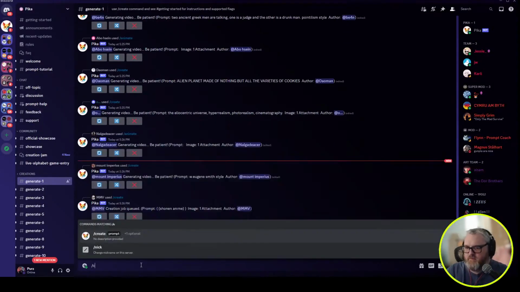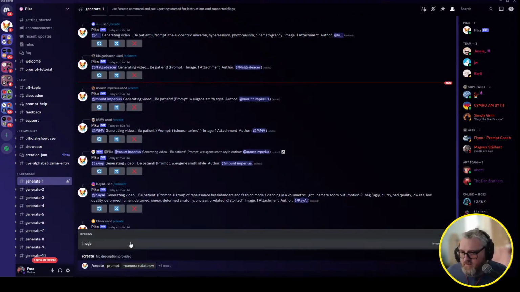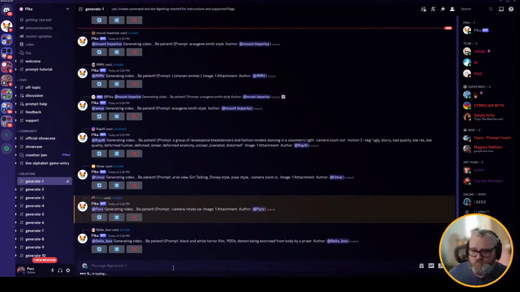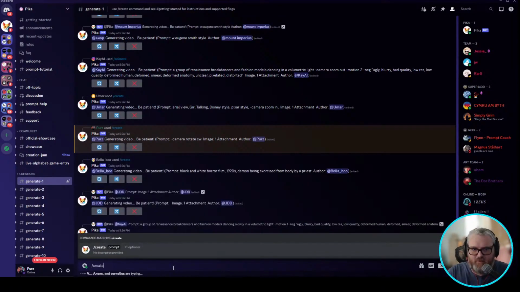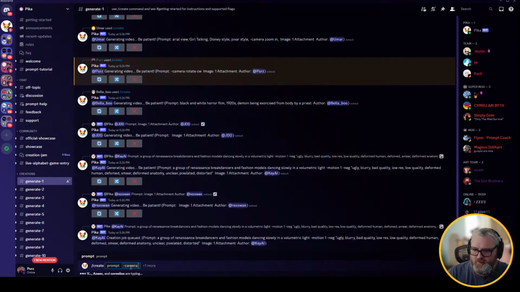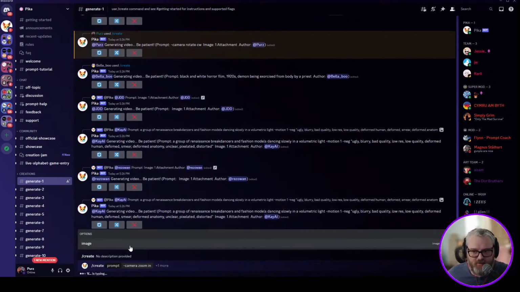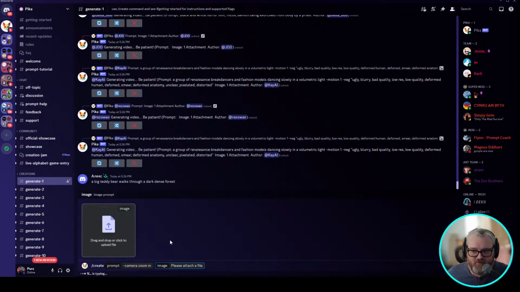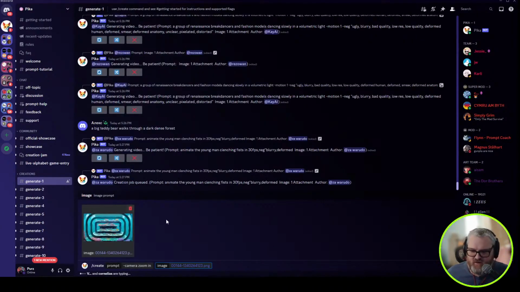Slide over to Pika. Whoa, where'd you go, Pika? There you are. All right. Create, camera, zoom. Should do rotate counterclockwise. You render. Once you get into the flow, it's really fast to make stuff with Pika. You just type the prompt and drop the file in. If you didn't see what I was doing there, you type /create and this little prompt thing comes up. You type your camera controls in here, and then you click this little one more button, and then you hit image, and that's going to bring up your image prompt, and that's where you drop the image. And then once this is good to go and the image is in there, you just hit enter.